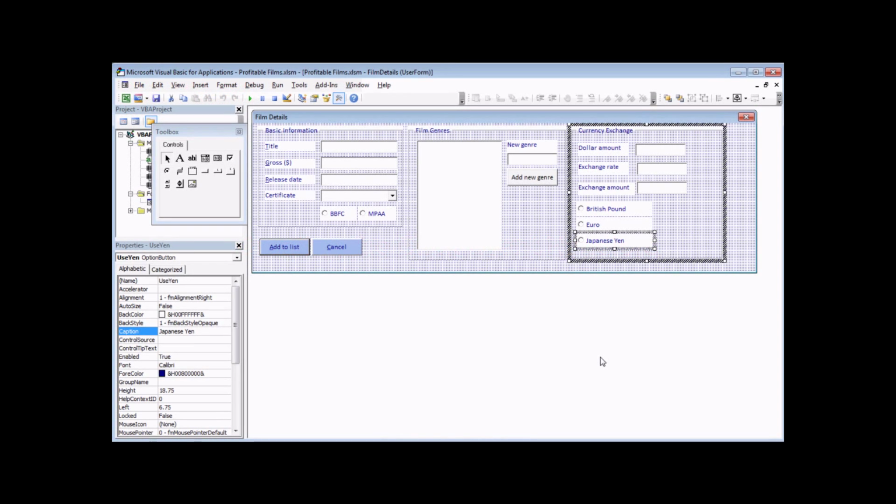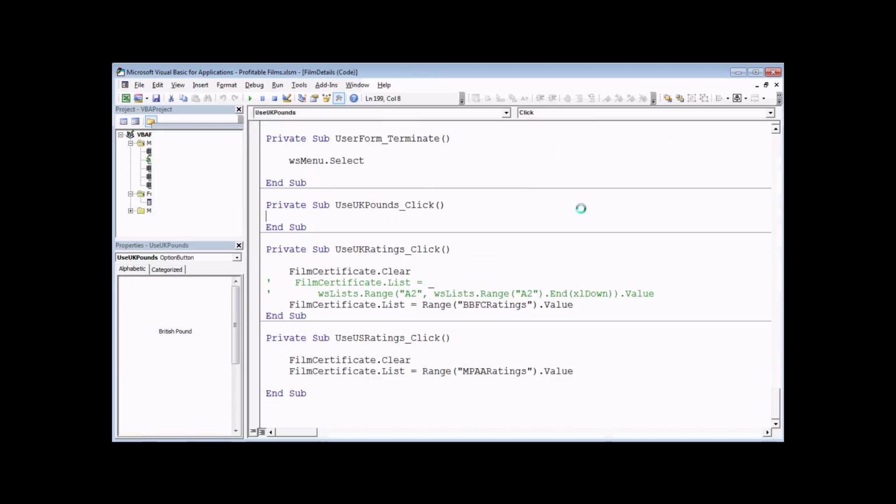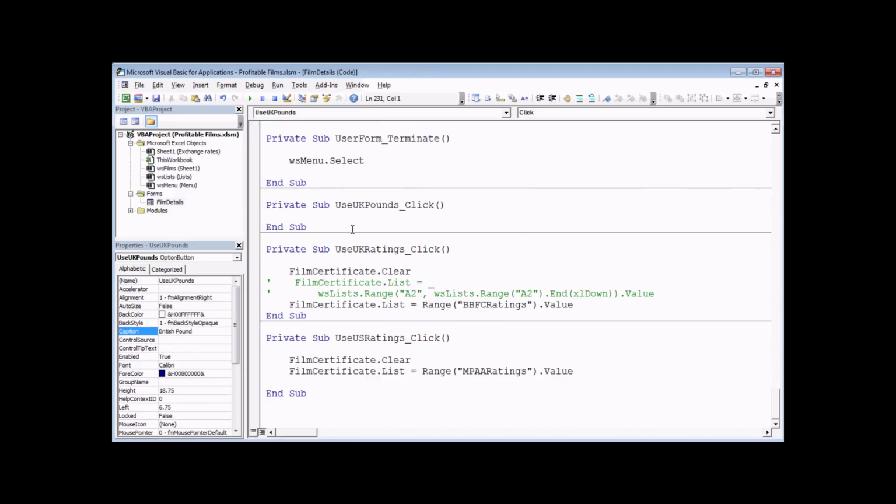Now we only want something to happen here when the user clicks on one of these three option buttons. So we're going to use the click event of each option button to update the values of these text boxes. So let's start with the British pounds one. If I double click on that, that will launch the click event, or give me the click event handler for